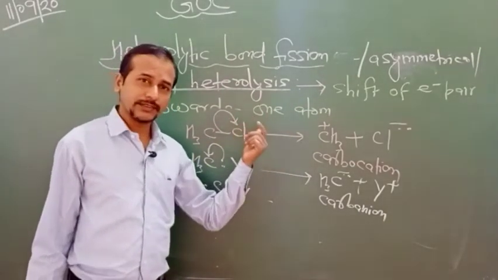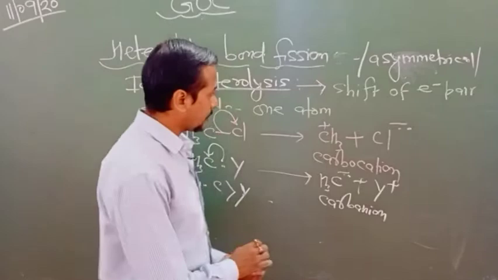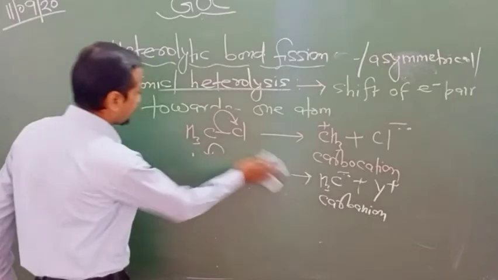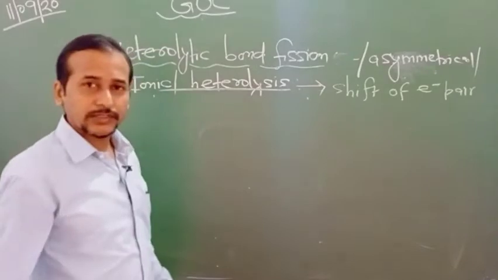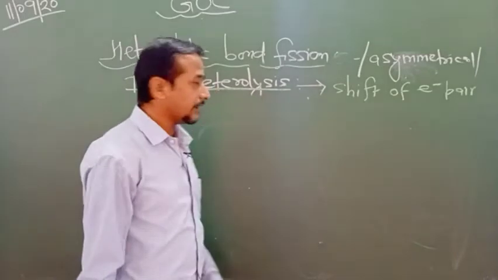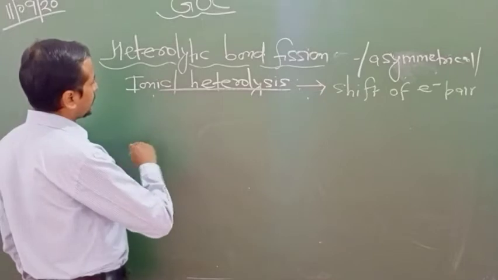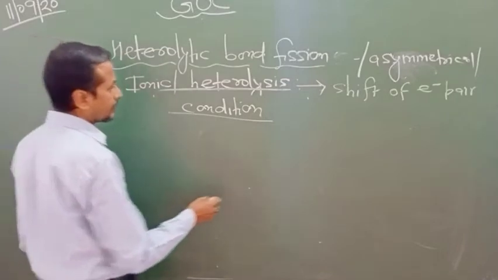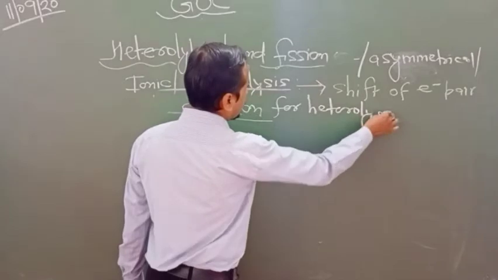So this indicates that heterolytic bond fission in covalent bond molecules provides two types of charged species, carbocations and carbanions. This depends upon the difference in electronegativity. Now look at the conditions for the formation of charged species, that is, how you know that the bond fission takes place by heterolytic fission. So look at this, basically, which conditions favor heterolysis.